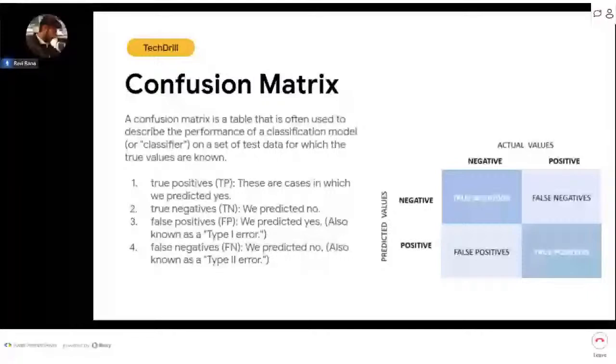These are also called type 1 error. And false negatives is that we predicted